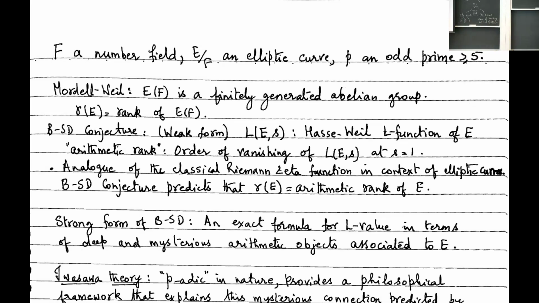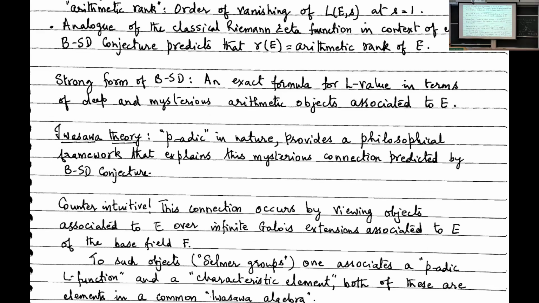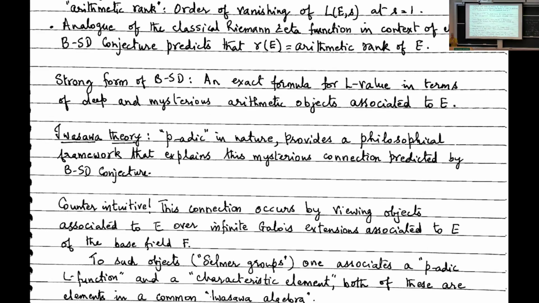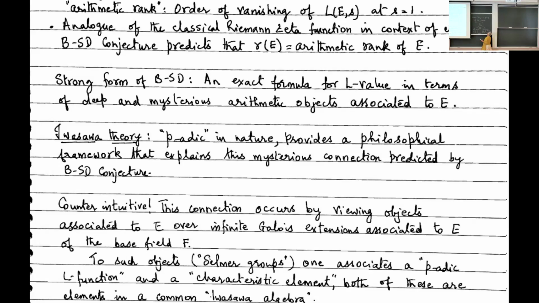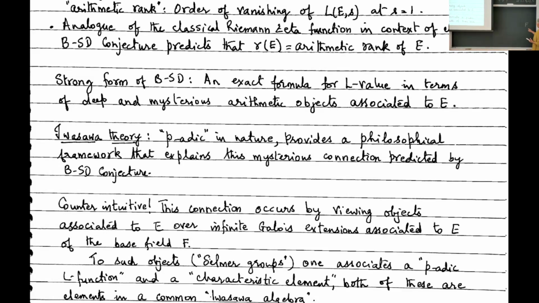So you have this algebraic rank and analytic rank, and this mysterious connection; Iwasawa theory explains why there should be such a relation. Very briefly, in plain English, you have these two that you want to relate, and we are over a number field. This is where it stops being intuitive somehow. You want to prove things over a number field, which is a finite extension of Q, but the only way you can do anything at this level is by going to a big extension, an infinite Galois extension, F infinity.